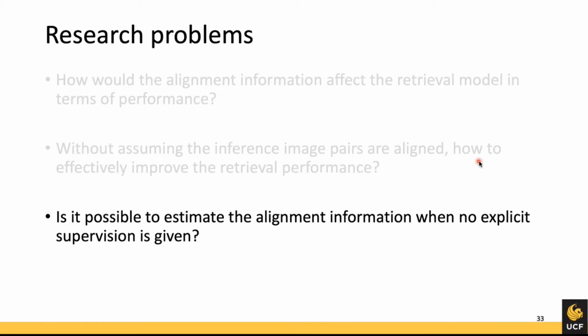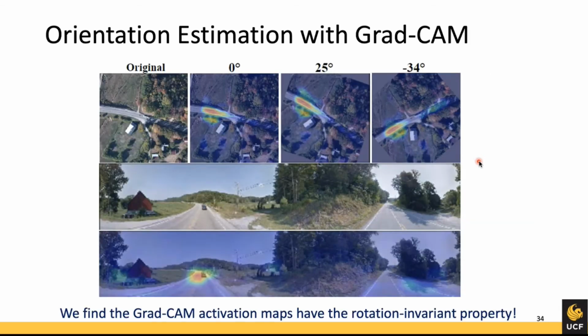So that leads to our last question, right? Is it possible to estimate the alignment information when there's no explicit supervision? We get some inspiration from the Grad-CAM visualization. Let's assume there's no alignment information, right? We can randomly rotate the satellite image into different degrees. So in this example, we have 25-degree and minus 34-degree rotation, and we conduct this Grad-CAM visualization, and we